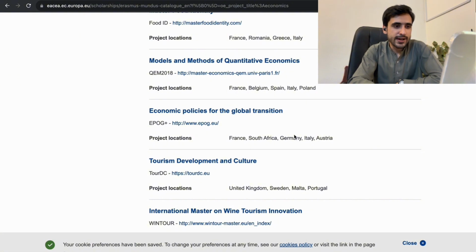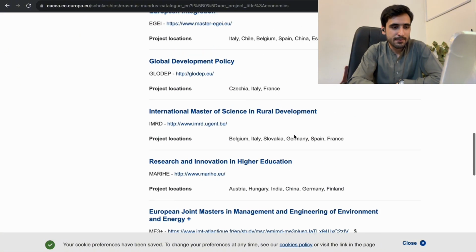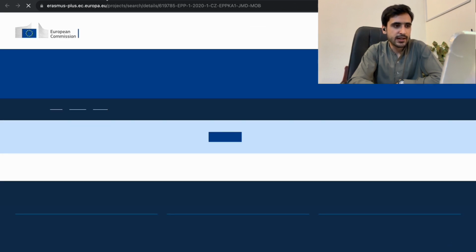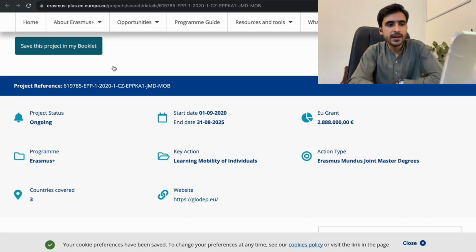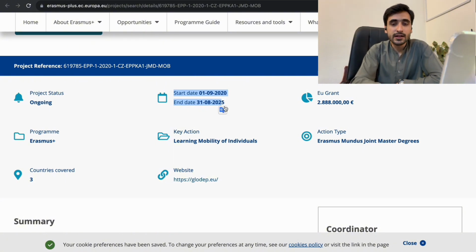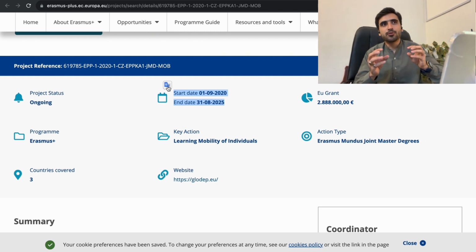So let's say I go into global development policy, and when you open this, you will find the starting date of the application, 1st 9 2020. This cycle is the time frame in which the European Union promised to fund students in Erasmus Mundus programs.